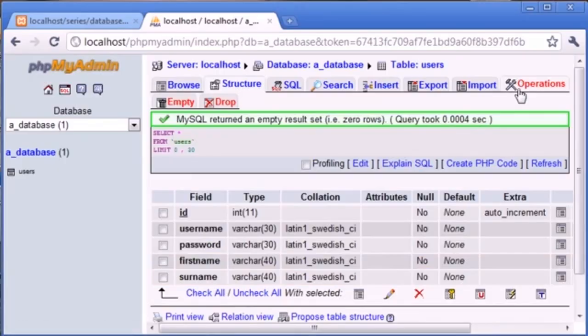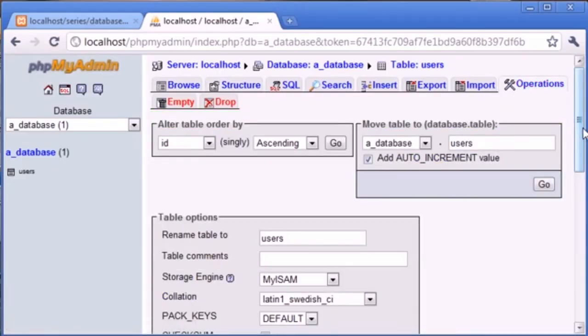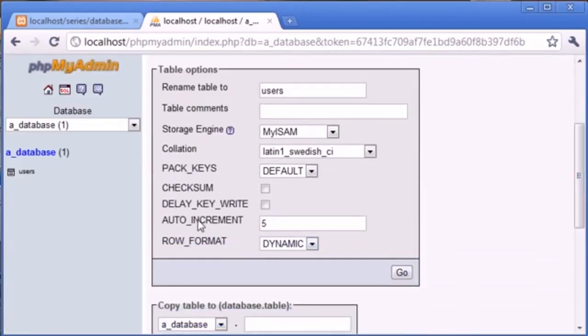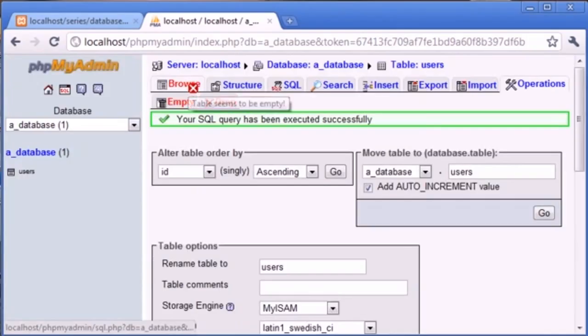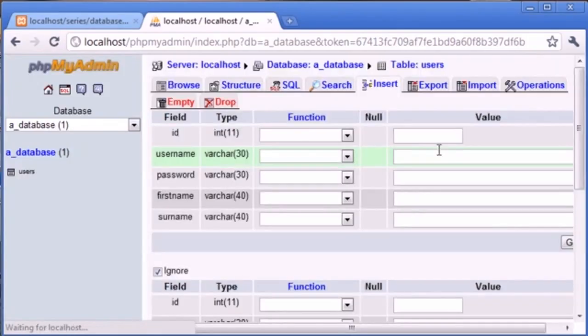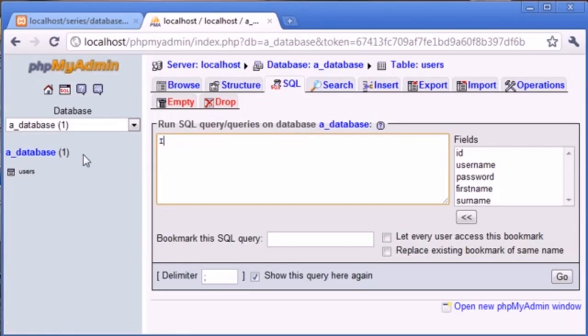You can use this tab called operations, and if you come down you can see auto increment. We can change this back to 0. If we click on go, we come back to insert and we want to insert a new value. In fact, we'll do this in a query. So we want to insert into